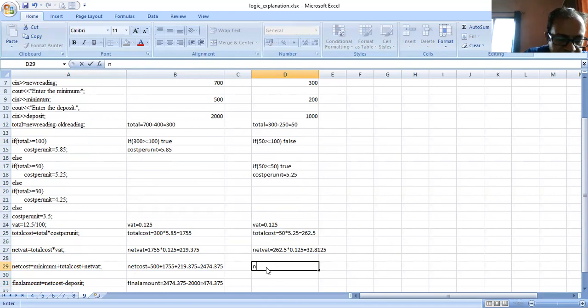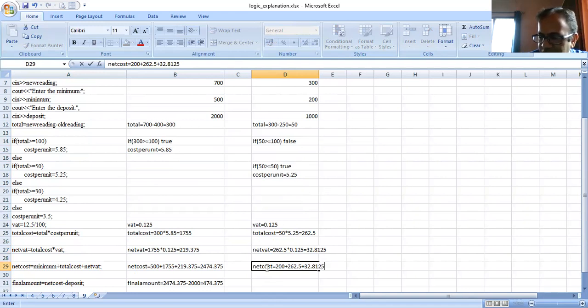Okay, now we have to calculate the net cost. So the net cost is equal to the minimum amount, which we have kept as 200, plus the total cost we have got, 262.5, and the net VAT we have got, plus 32.8125.